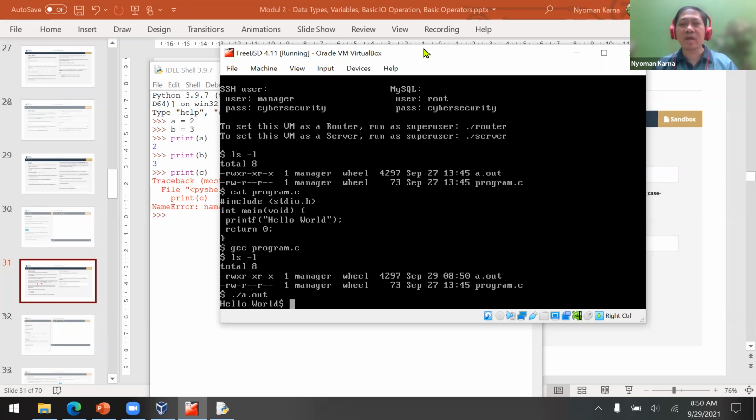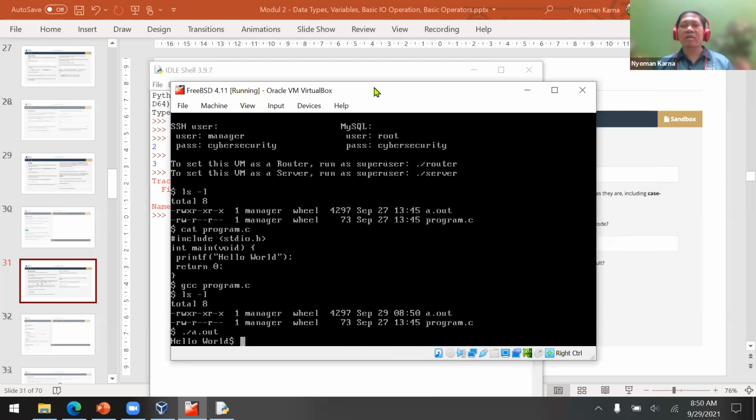Okay. So if we create a program in C, first we need to create the text file using C syntax, and then compile this text file to become an executable. And then we try to run the program. If there is an error, we need to go back to the text file, rewrite it again to make it have no error, and then compile it again and run it again. That's how we program in C.